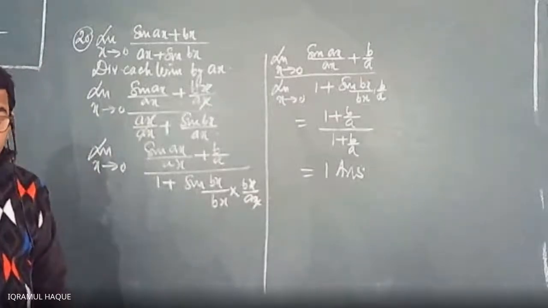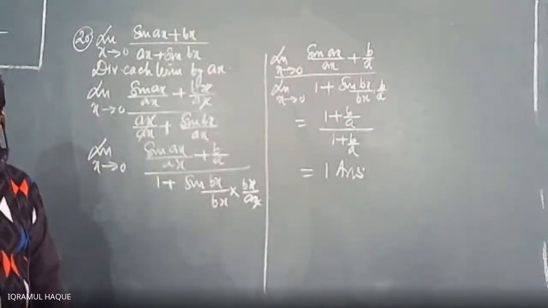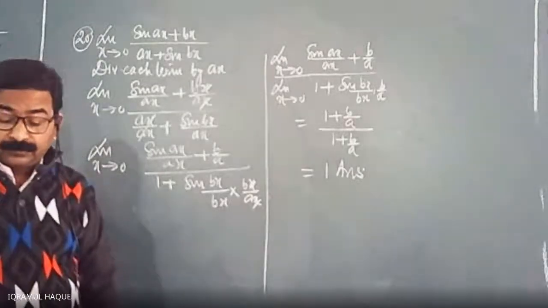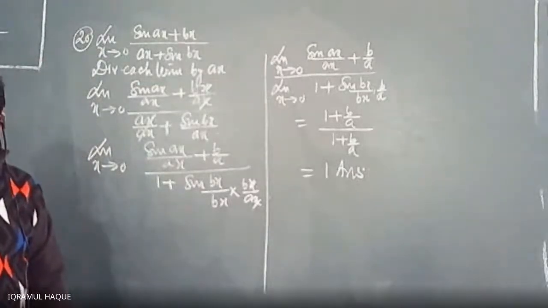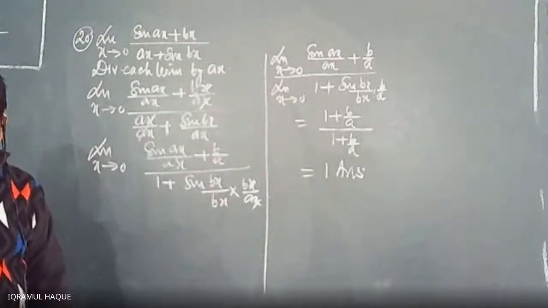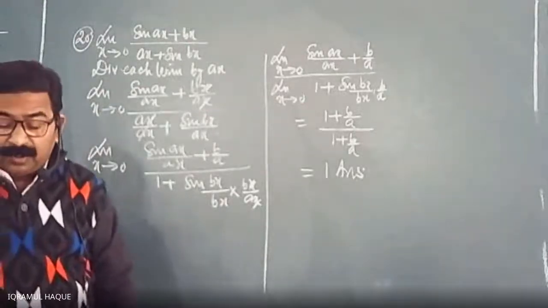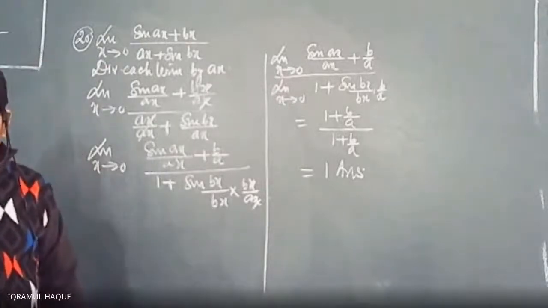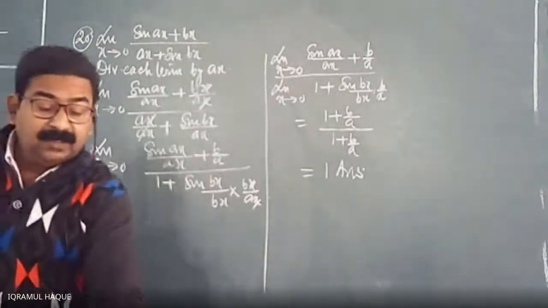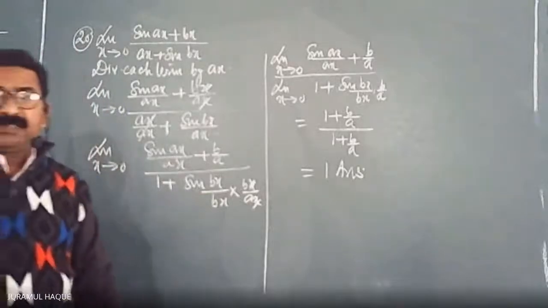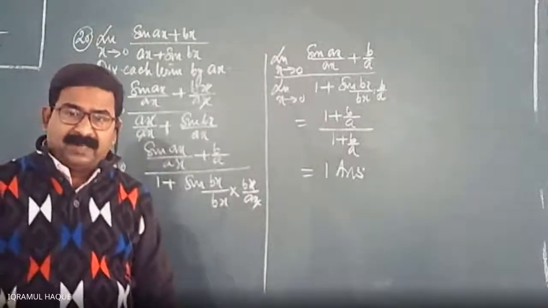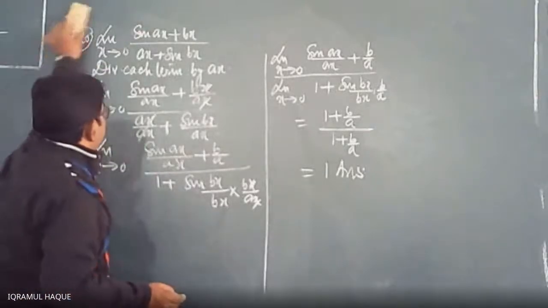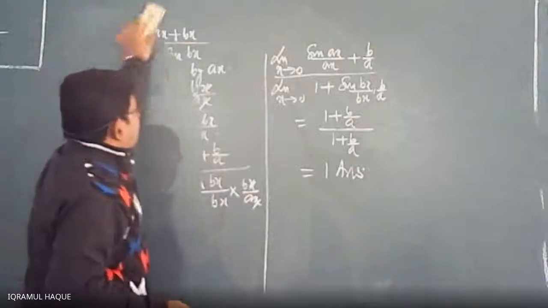Okay. Let's see question number 21. In question number 21, you have to put the direct value, or you can simplify. Direct value, cosec 0 minus cot 0. Answer 0 minus 0 is 0. So this is the direct answer. Or you can break this, cosec is 1 upon sine and cot is cos upon sine, then LCM, and then further you can do. So direct you can do. Let's see.